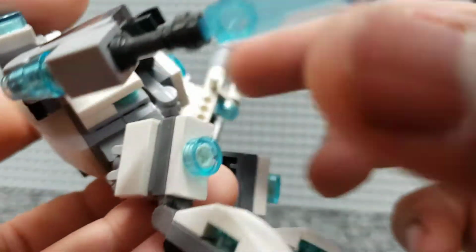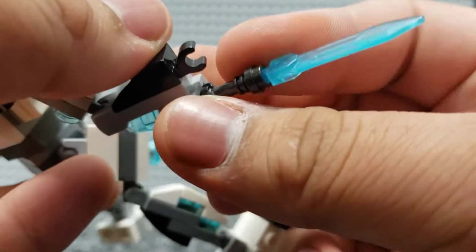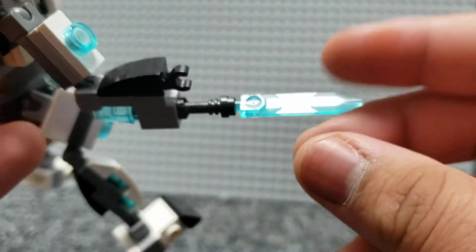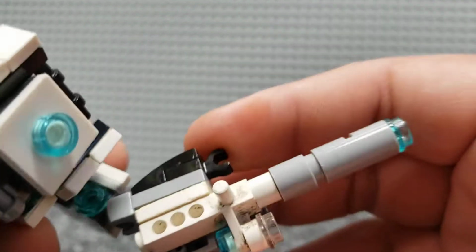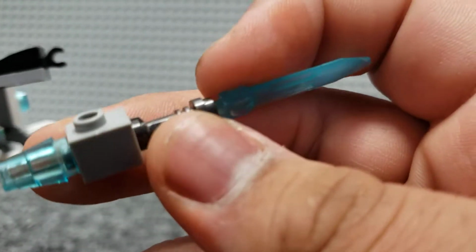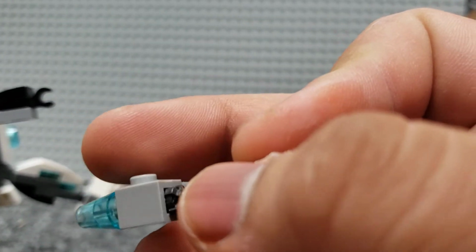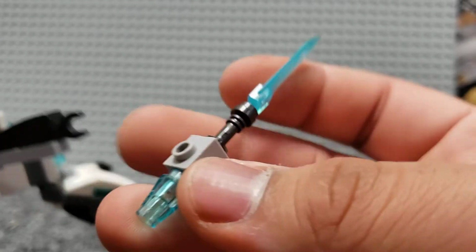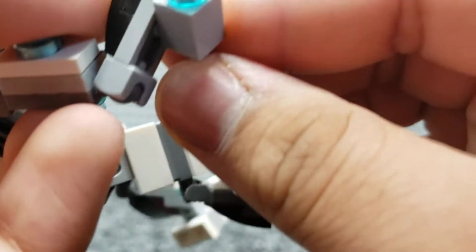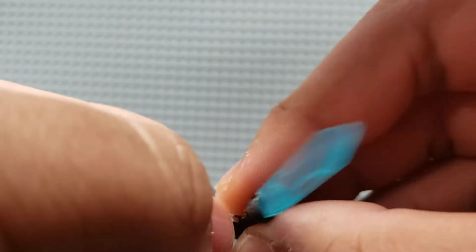And on the other arm, here's just a sword blade thing. I gave each of these names. This one I call the Sub-Zero Slicer, and the cannon's just the Cryo Cannon, you know, because ice. Yeah, it's not really much to say here. It's attached on this 1x1 brick with the stud on the side. We'll see just a barrel here for when it's meant to be wielded in the hand of the minifigure, because yeah, it can be just taken off and given to the figure as a blade or sword, which is also, if you noticed,